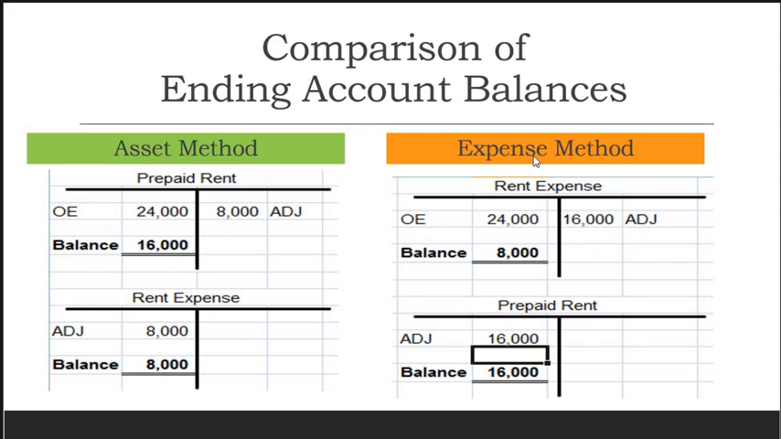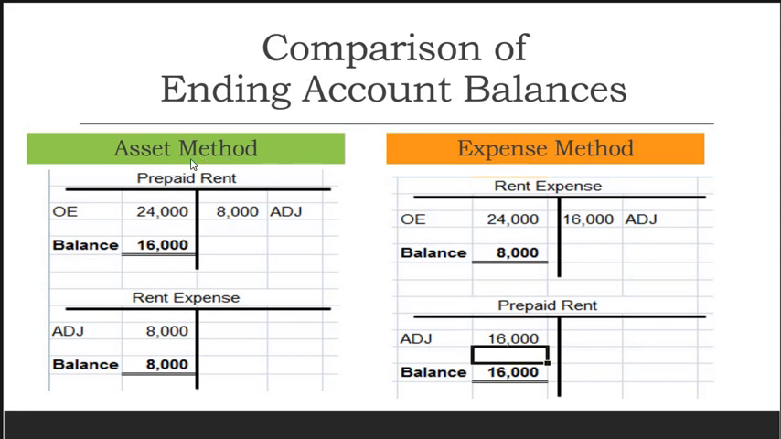Now, sa expense method, of course, nag-start tayo mag-recognize ng rent expense. So, here, nag-debit tayo ng 24,000 as rent expense. And then, pagdating natin ng adjusting entry, nag-debit tayo ng prepaid rent, nag-credit tayo ng rent expense. So, ano nangyari? Ang rent expense mo na 24,000, reduced mo siya by 16,000. So, therefore, yung balance mo na lang na rent expense is 8,000. Whereas your prepaid rent is also 16,000. So, again, observe,